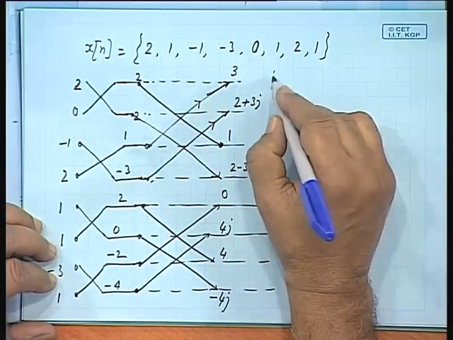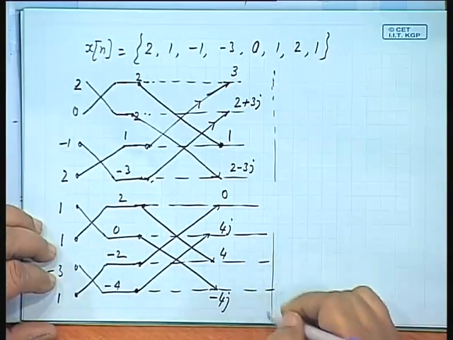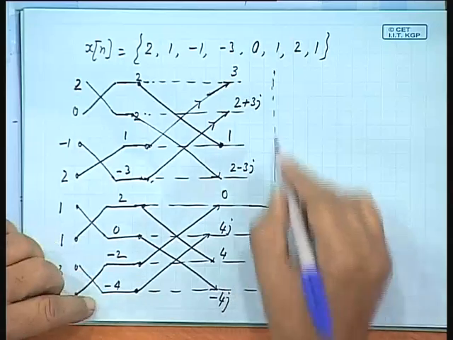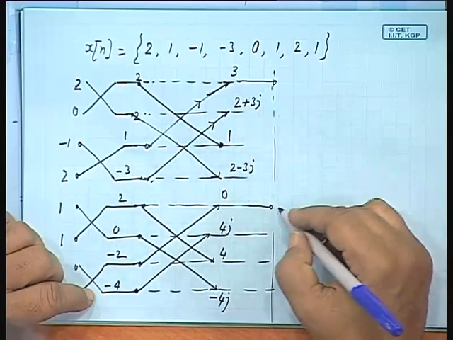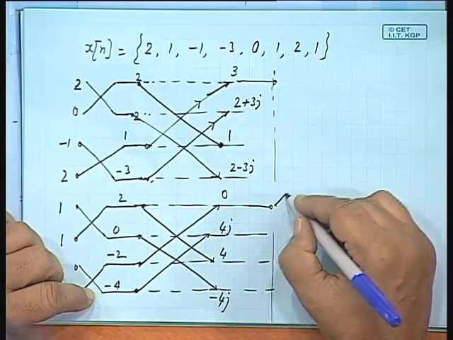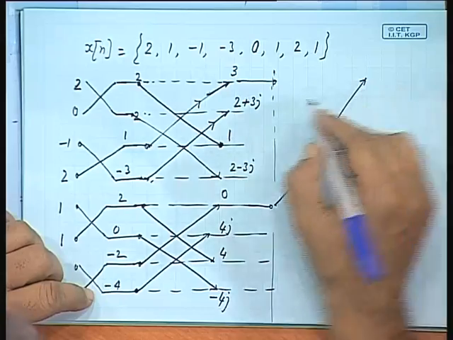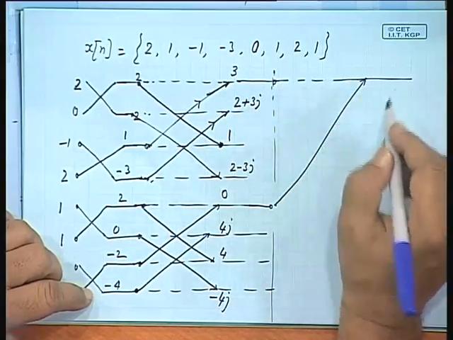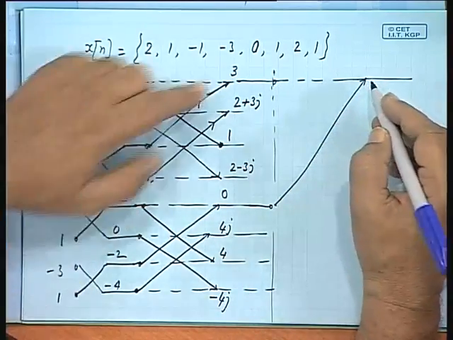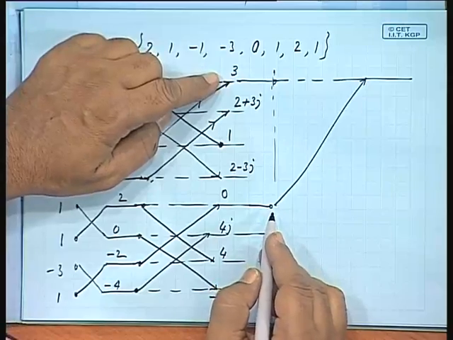In the next stage of computation, this one will be clubbed with this, okay. So, first one will be always with a constant 1. So, 3 plus 0, 3,